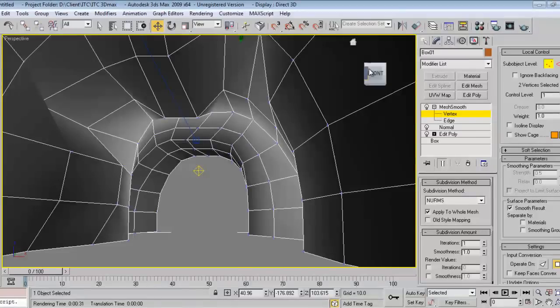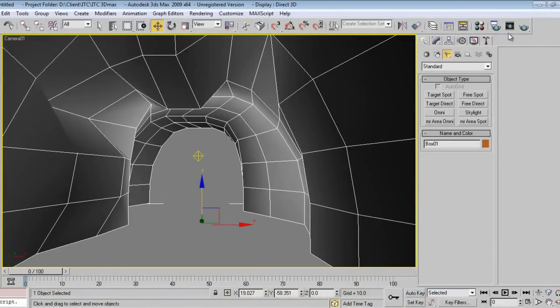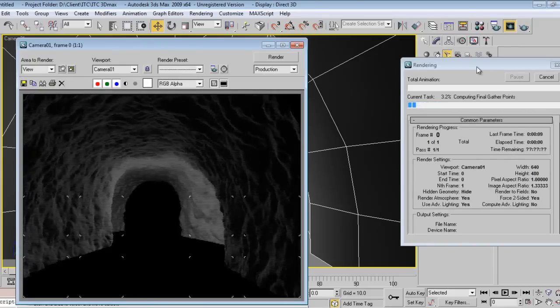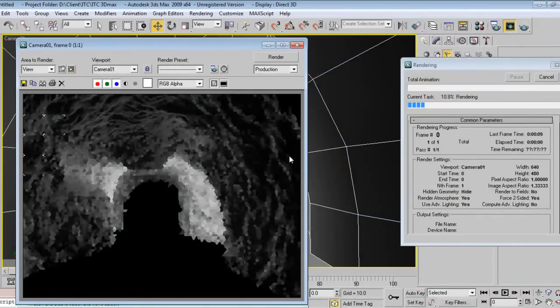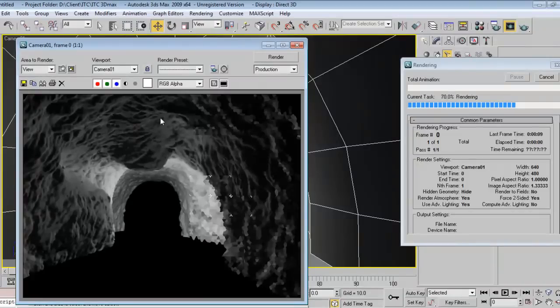Outside. So we'll go in camera view and render it again. This is what a difference we got. It's very realistic, inside and outside we can give. So